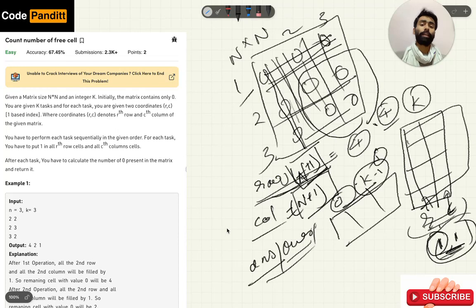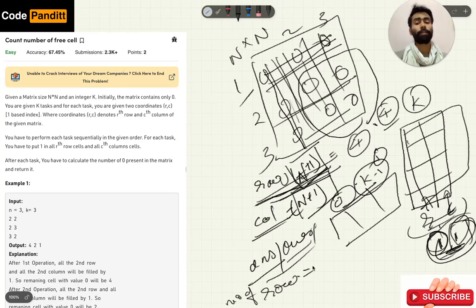Every time we fill this array with the location variable that is given here, we will also keep track of the count of rows and columns filled. After every unique row being filled with 1, we increment this.